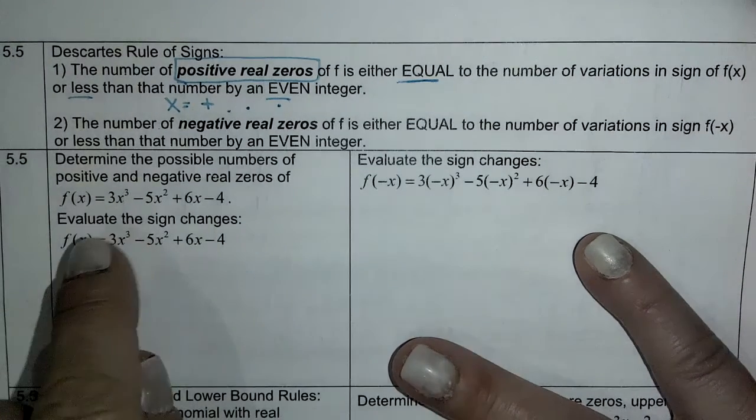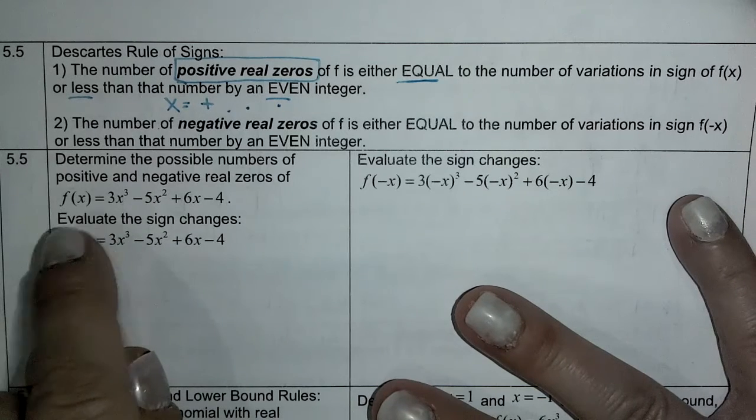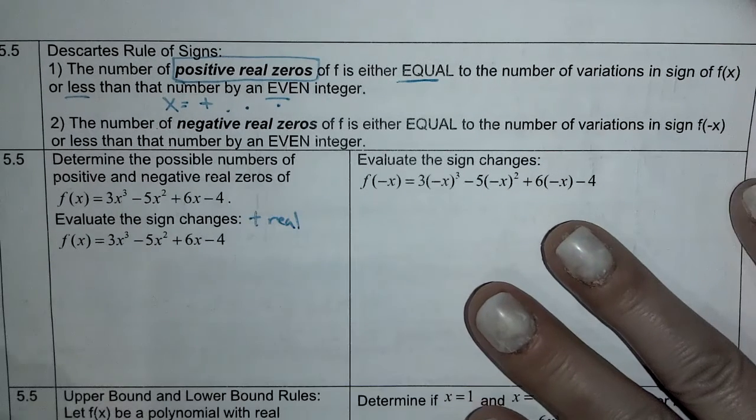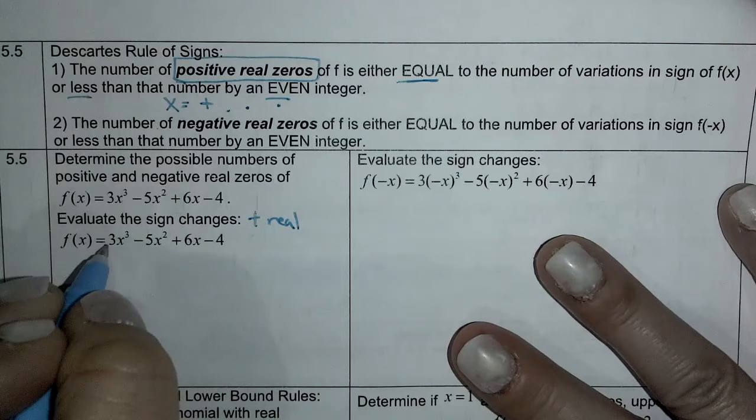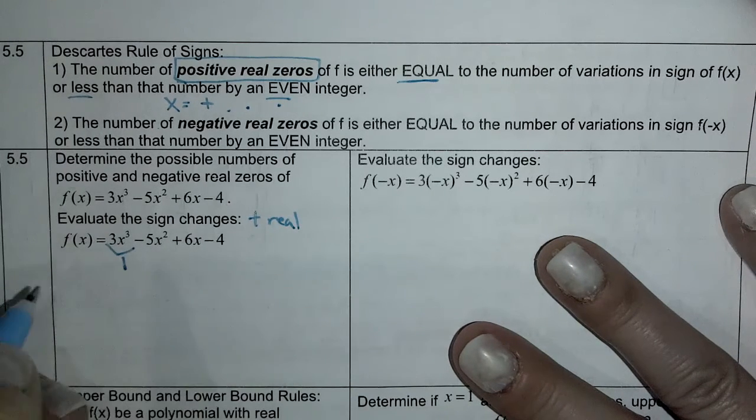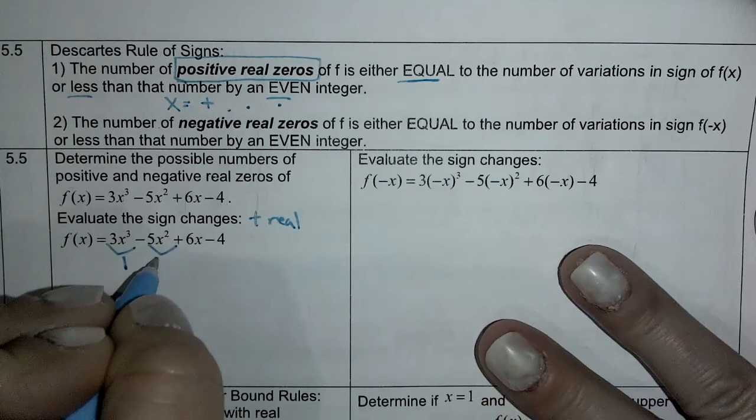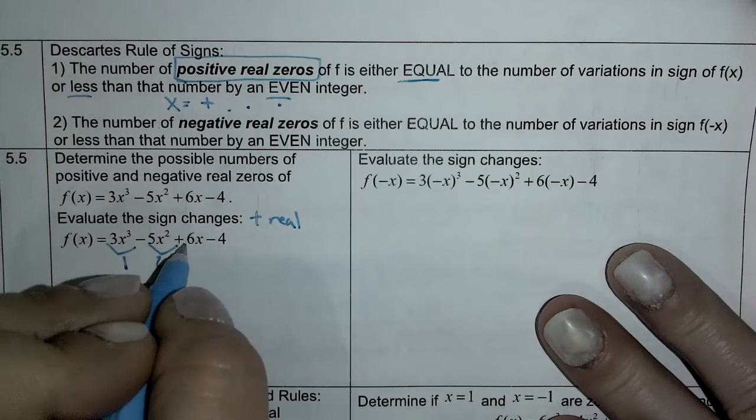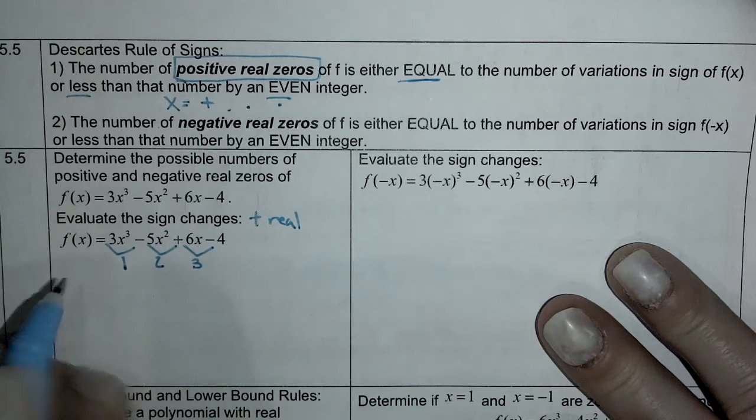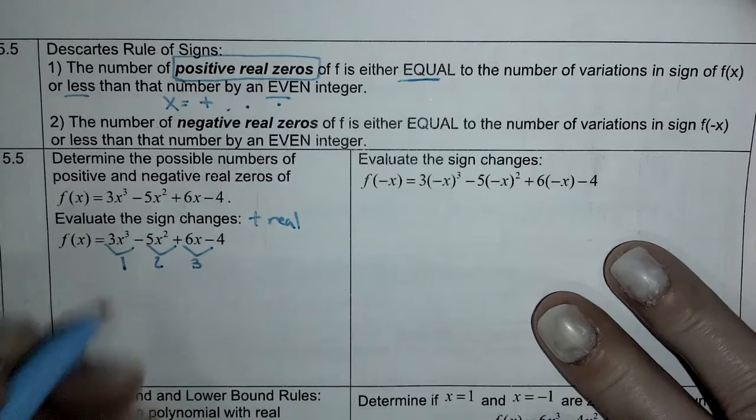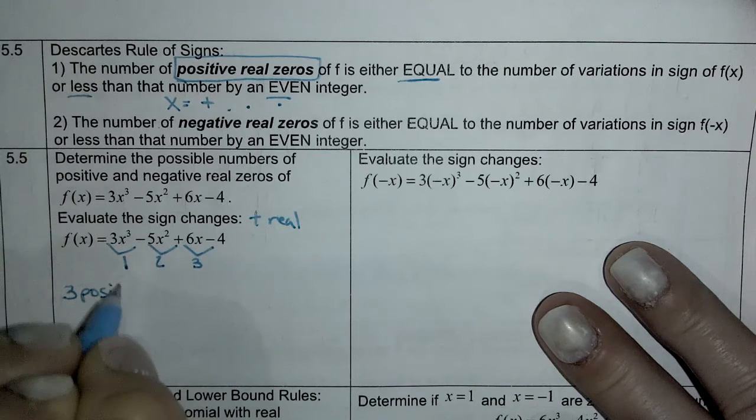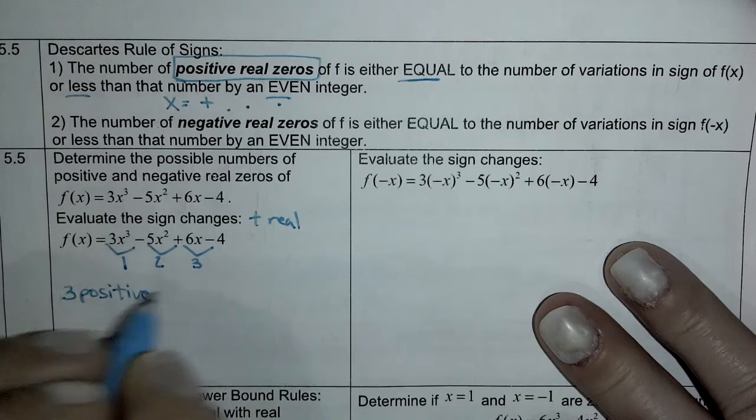So for positive reals, we're going to look at the number of sign changes. This changes from a positive to a negative, so that's 1. This changes from a not positive to a negative, so that's 2. And this changes from a positive to a negative, so that's 3. So we know we have to have 3 roots. This says that we can have 3 positive roots,